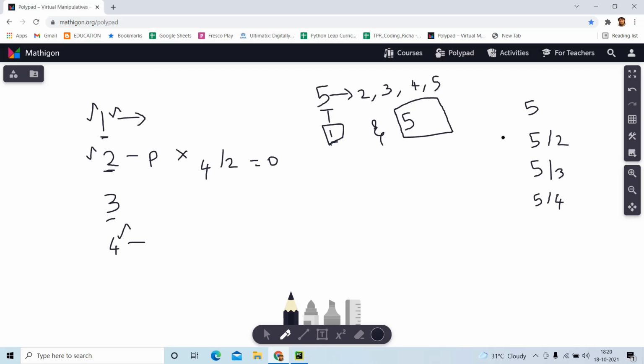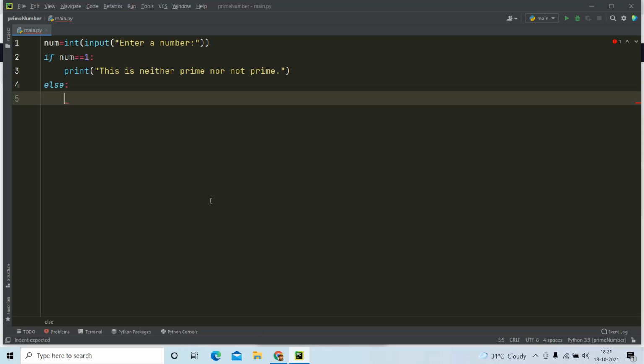So for any number which the user has given, we need to check the divisibility from the number 2 till the number which is less than the number the user has provided, that is, number minus 1. Since we know how many numbers are in the range, we can use a for loop.